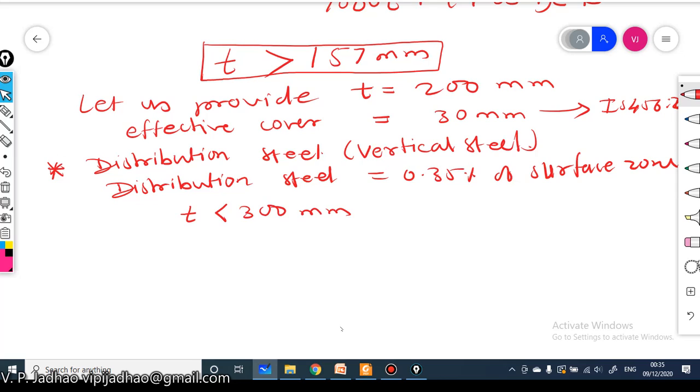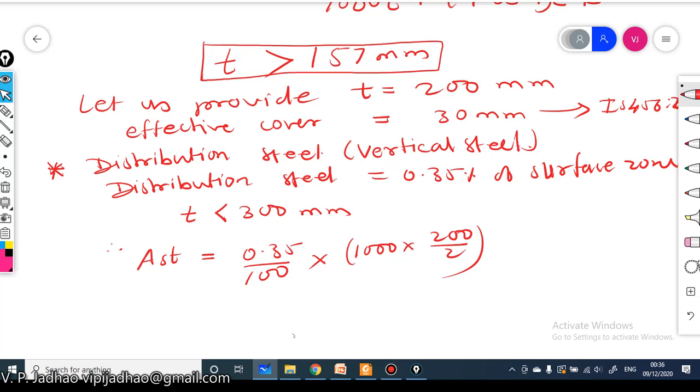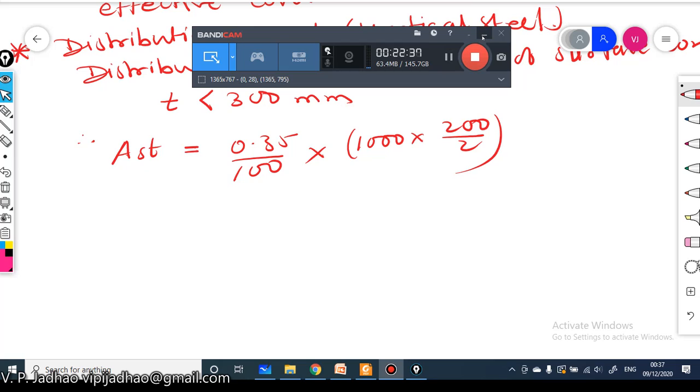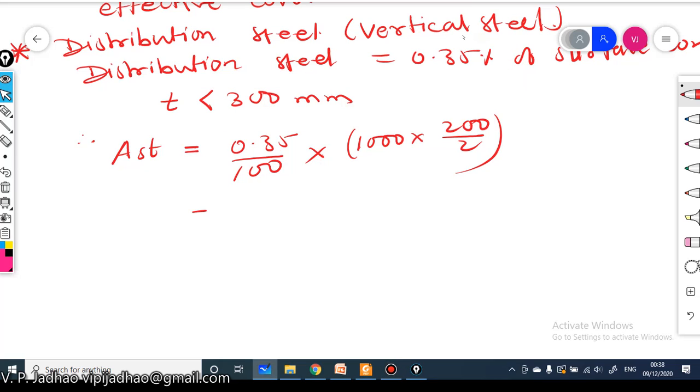Therefore, AST provided should be equal to 0.35 divided by 100, that is 0.35% of cross sectional area of surface zone, that is 1000 multiplied by 200 divided by 2. So we get this AST is equal to 350 mm square, and thus provide